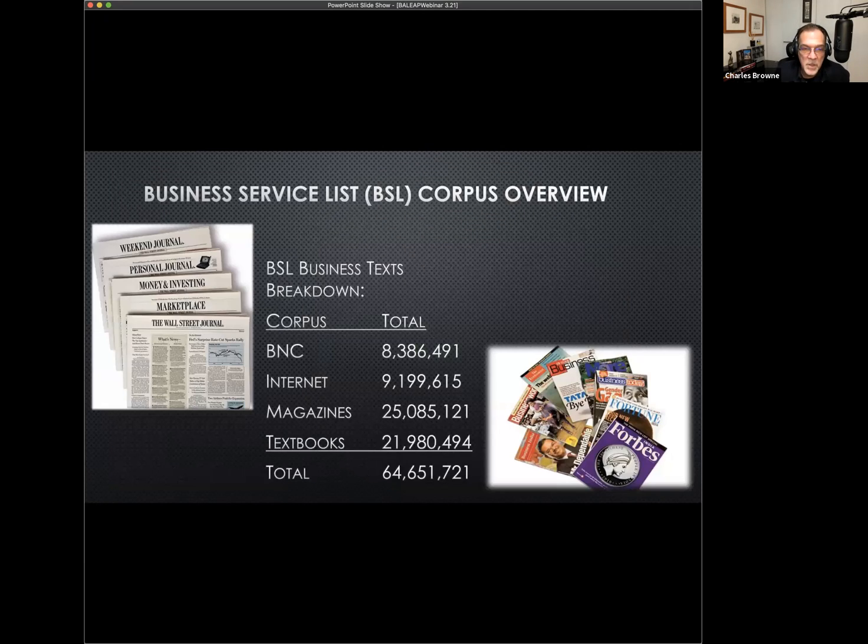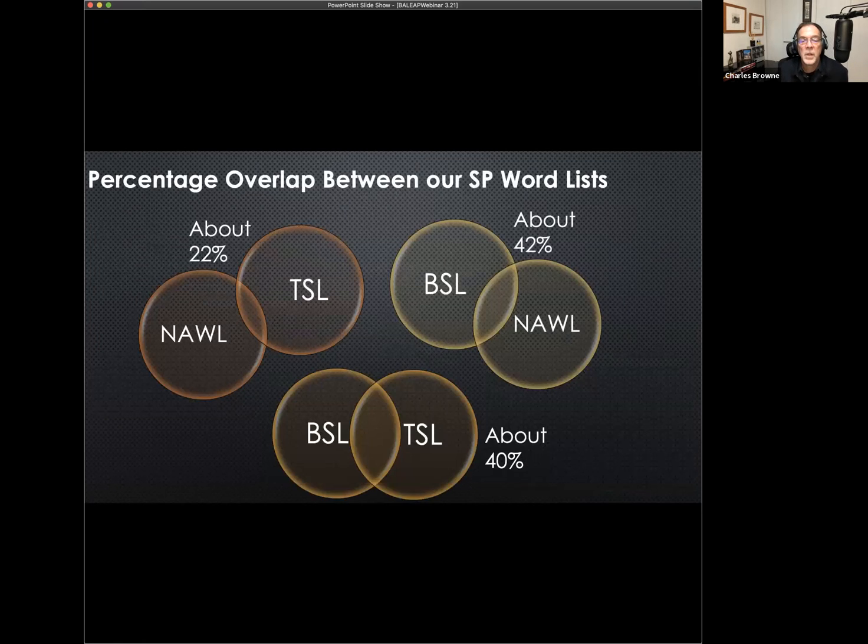And this corpus is based on a combination of the British National Corpus, business subsection, internet crawlers, grabbing business web pages, business magazines, business newspapers, business textbooks, 64 million words. So it's quite a big one. And there's one more SP list that just came out a few weeks ago. But for the ones that I've talked about so far,